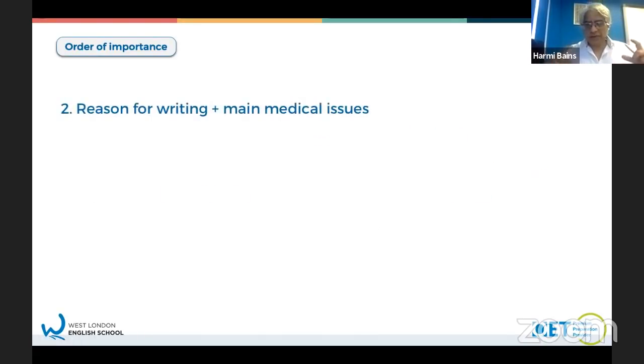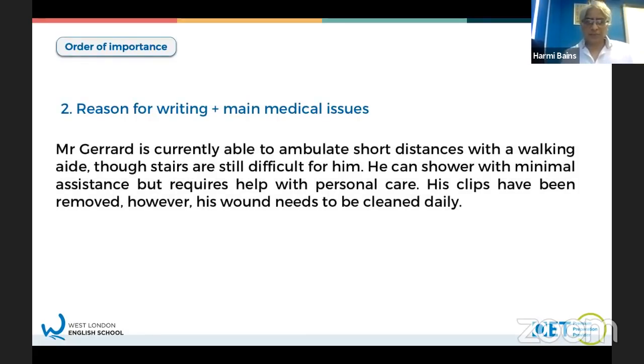So if we move on to the main body and look at the second paragraph, we've got your reason for writing this time, and we've got the main medical issues. So Mr. Gerard is currently able to ambulate short distances with a walking aid. Stairs are still difficult for him. He can shower with minimal assistance, but requires help with personal care. His clips have been removed. However, his wound needs to be cleaned daily. Okay,